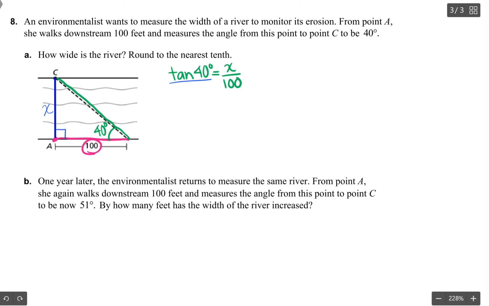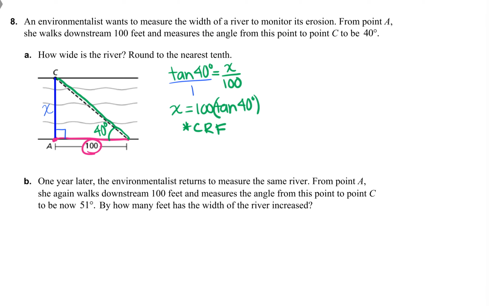Again, taking tangent of 40, putting it over 1, I'm going to then cross multiply. So X times 1 is simply X is equal to 100 times the tangent of 40 degrees. And again, I'm going to put that into the parentheses so you guys get used to knowing that that's one whole thing together and you can't separate it. Now we're ready for our calculator. So again, this is what we call calculator ready form. And so we're going to plug that into our calculator. So go ahead, type it in, 100 times the tangent of 40 degrees, whichever way you need to for your calculator. And you should end up with X is about